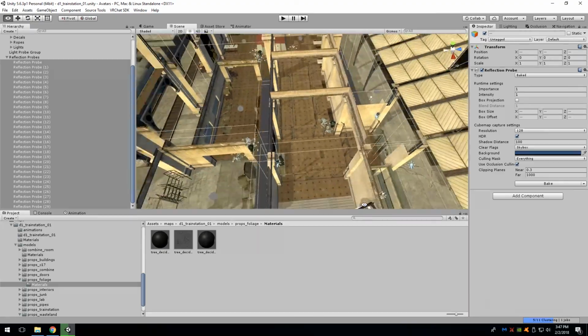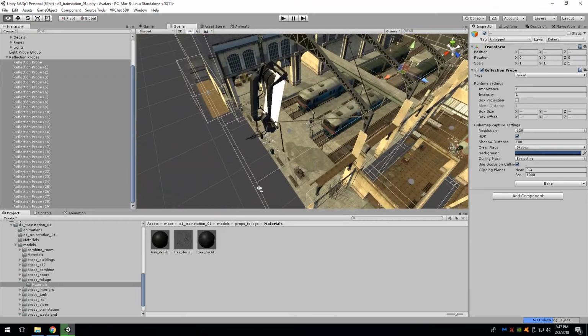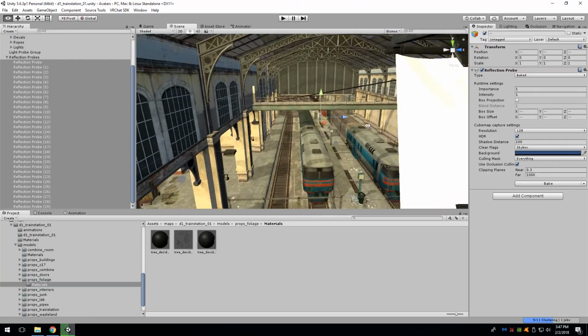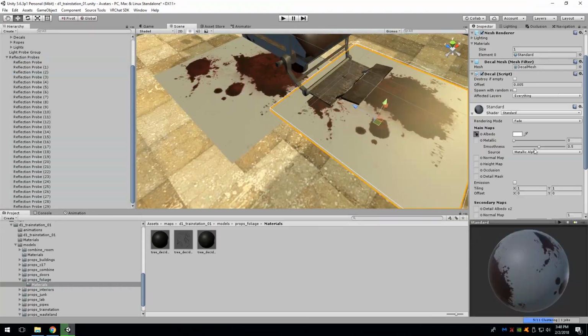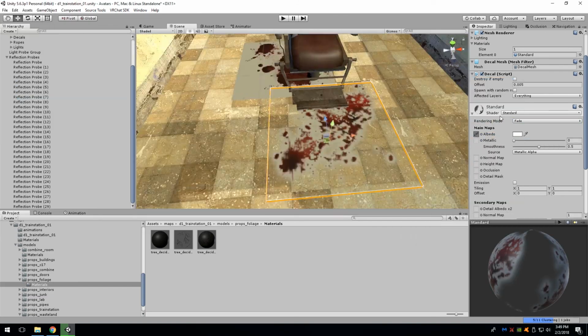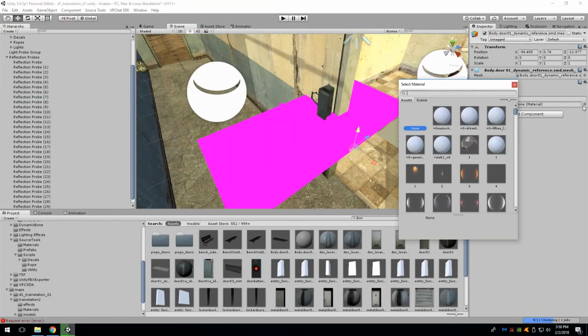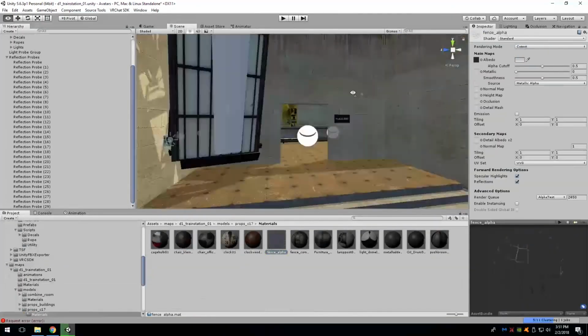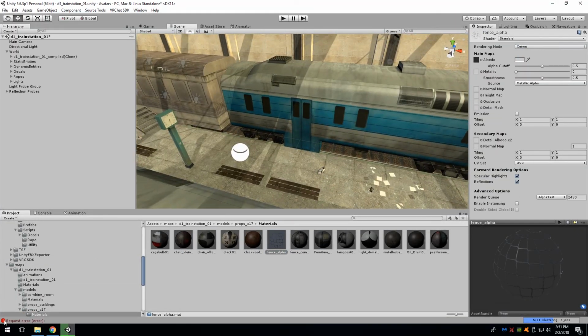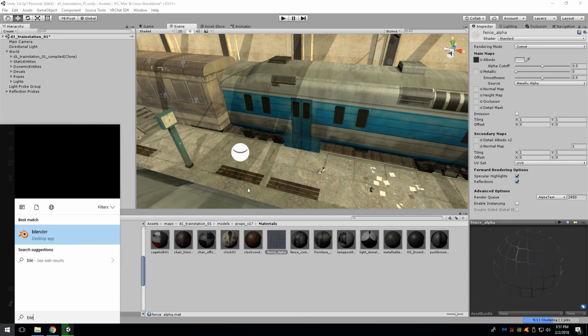Done putting the reflection probes in. So what you can do now is select them all and make sure you didn't miss any spots. Alright, while this is going on,